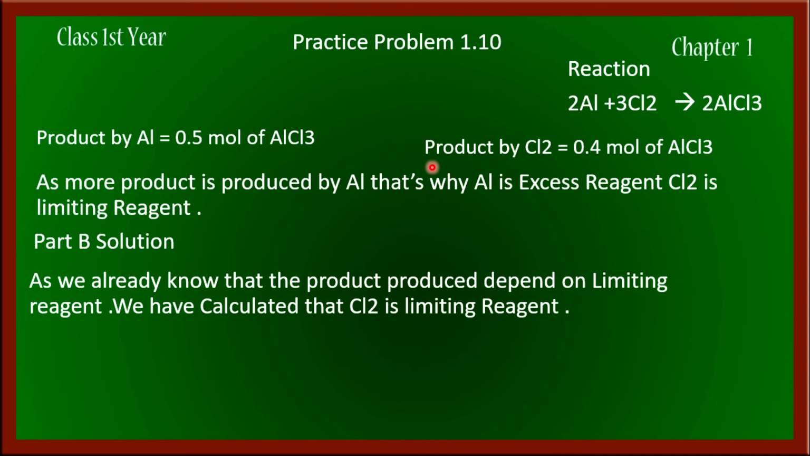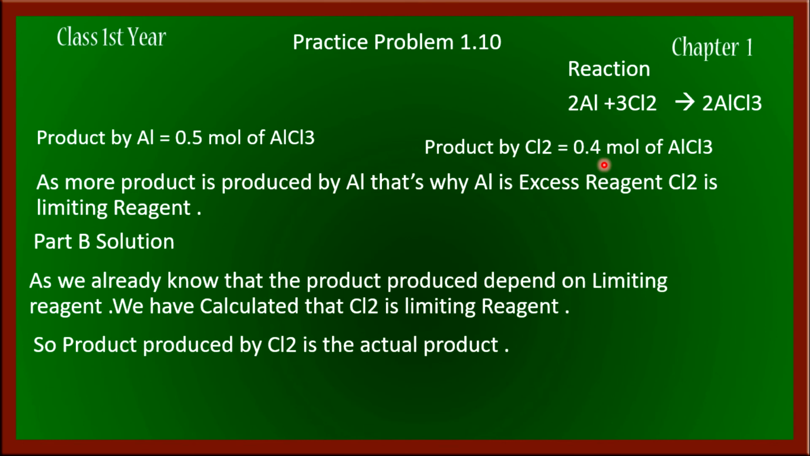ये हमने क्लोरीन के बेसिस पे प्रोडक्ट कैलकुलेट कराया था। इसी वजह से वी डोंट नीड टू डू द कैलकुलेशन अगेन। हमें ऑलरेडी पता है कि क्लोरीन लिमिटिंग रिएजेंट है और क्लोरीन इतने मोल्स बनाता है एल्युमिनियम क्लोराइड के। इसी वजह से जो प्रोडक्ट प्रोड्यूस होगा वो हम क्लोरीन के बेसिस पे कैलकुलेट कराएंगे और वही एक्चुअल प्रोडक्ट होगा।